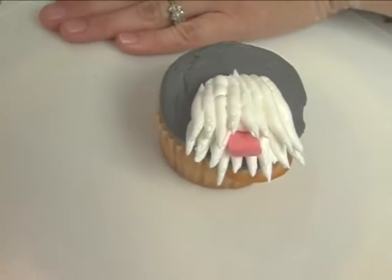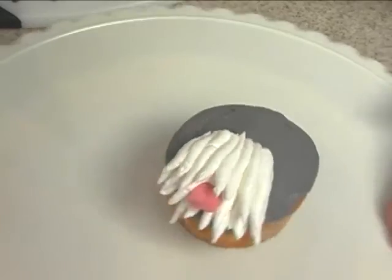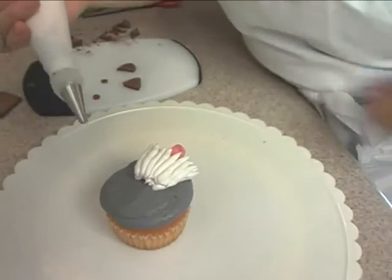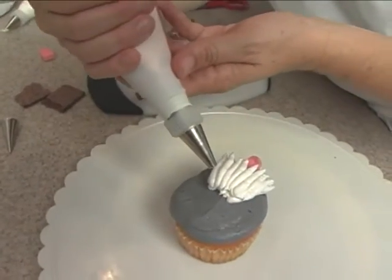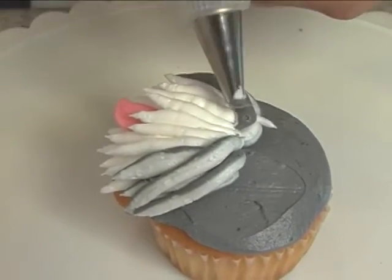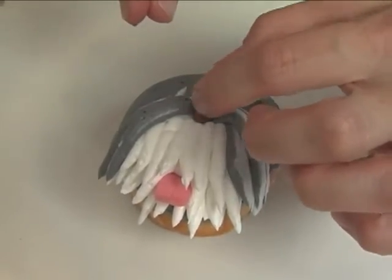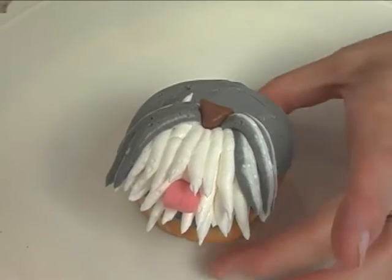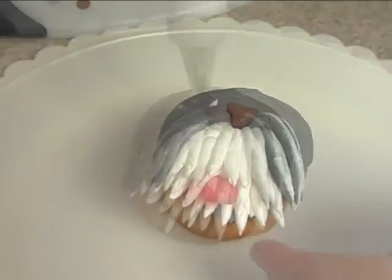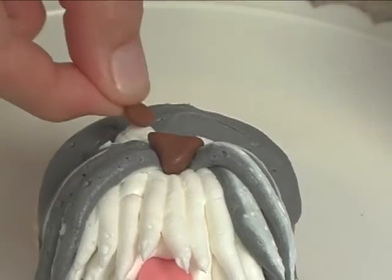So you can see how it's starting to look like a little schnauzer. Now we already have our variegated colors from another cupcake. We have the gray and the white together. We're going to do the same thing as we did with this white, but just on each side. Turn your bag if you need to, if it's too light. Place his little nose. For his eyes, we're just going to make little circles with the same tip we used with this one here. Squeeze, take our little discs that we made,